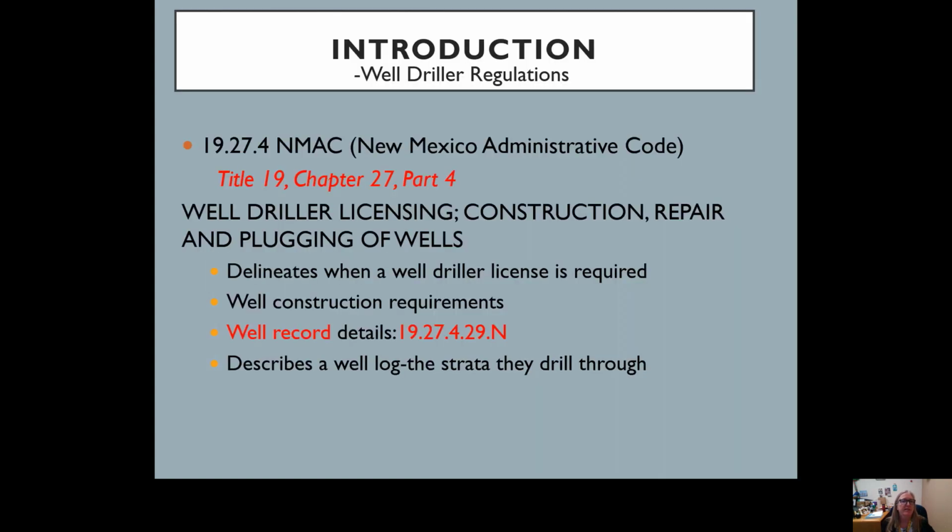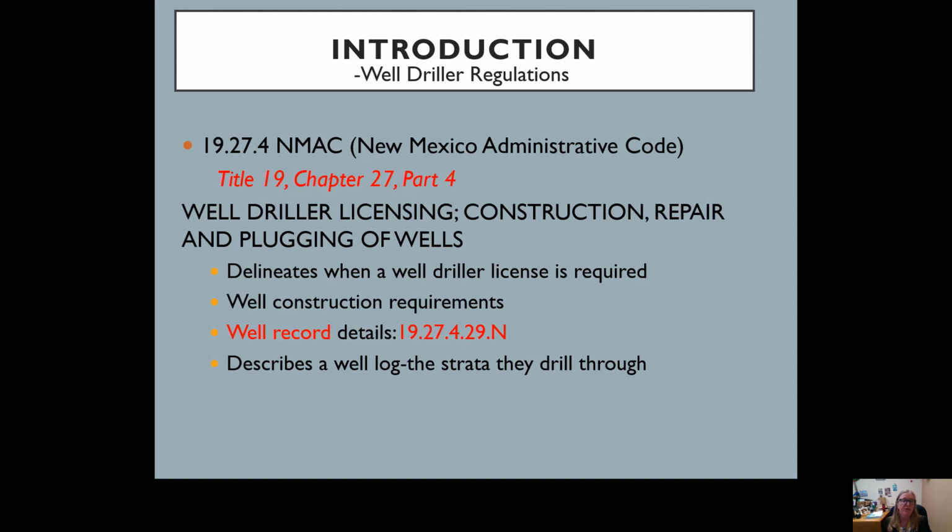So this training is information that is in Title 19 of the New Mexico Administrative Code. It's in Chapter 27, Part 4, regarding well driller licensing, construction, repair, and plugging of wells. It delineates when a well driller license is required, the well construction requirements, and all the details that must be included in the well record under